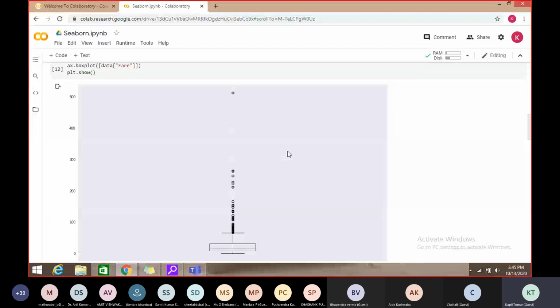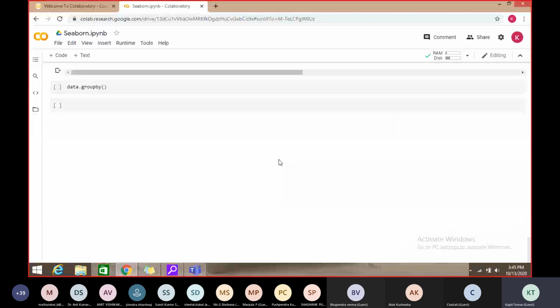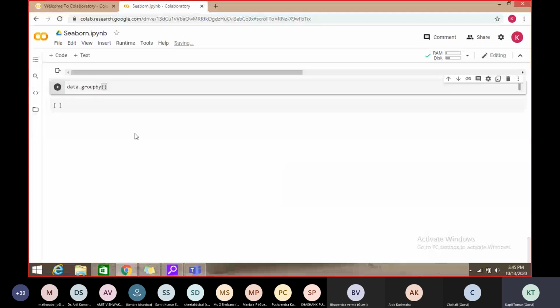Then we just pass the names of these two columns, the first column name and then the second column name, ticket, and they have to be passed inside the same bracket. So data dot group by and two columns.